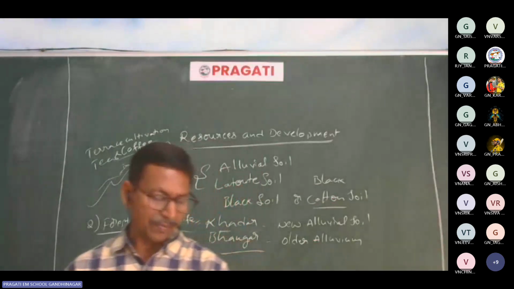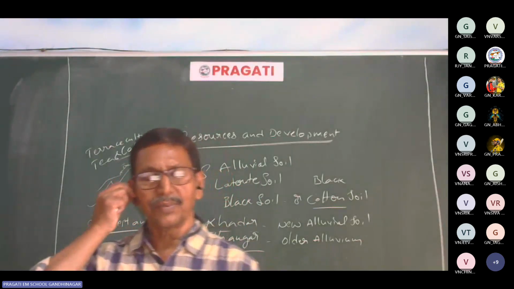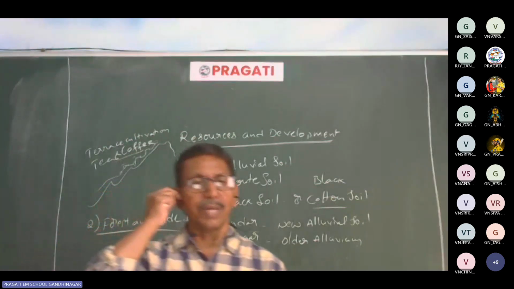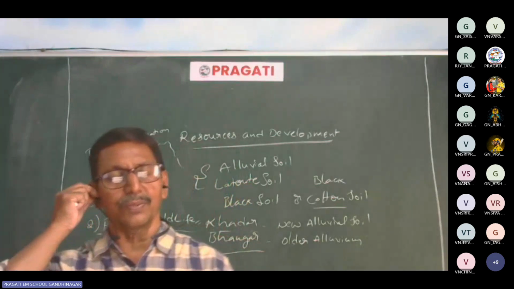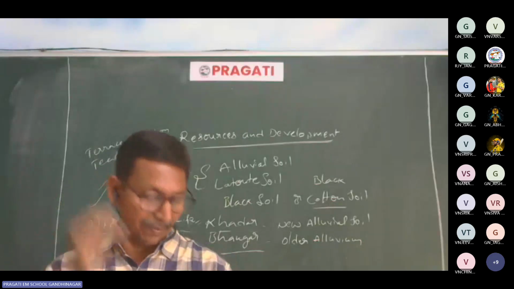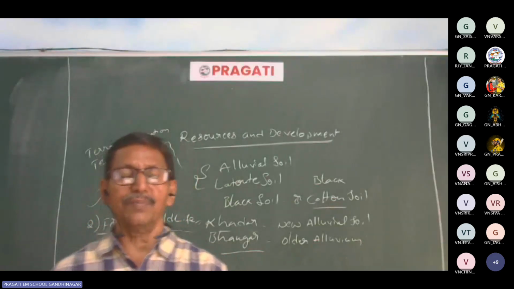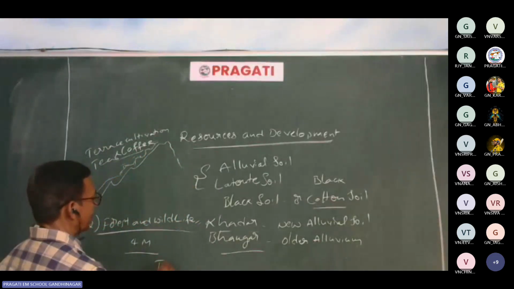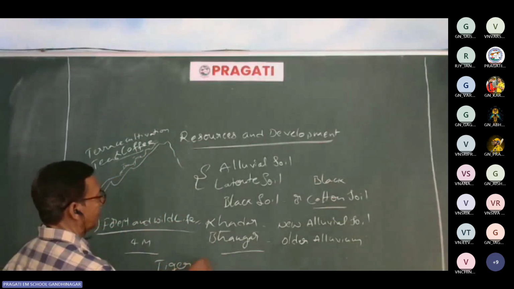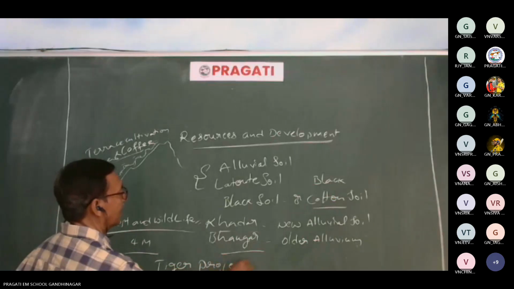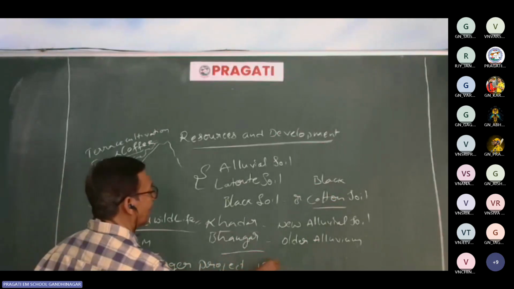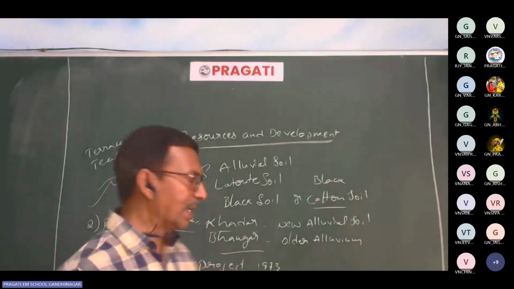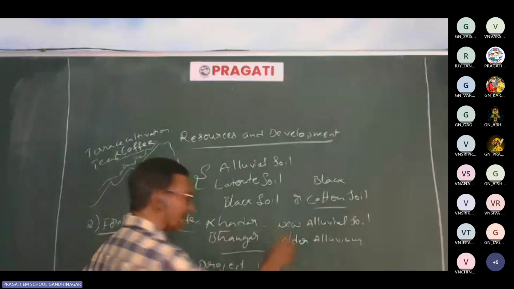Next, flora and fauna. Tiger reserves in India. There are different tiger reserves because the tiger population has been dwindling. Its number has decreased from 55,000 to 1827. That is why the Government of India undertook Project Tiger in 1973. Especially try to follow these years properly. National Wildlife Protection Act 1972.